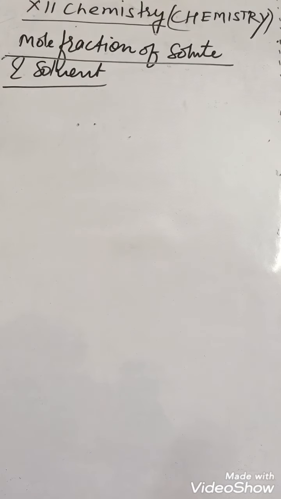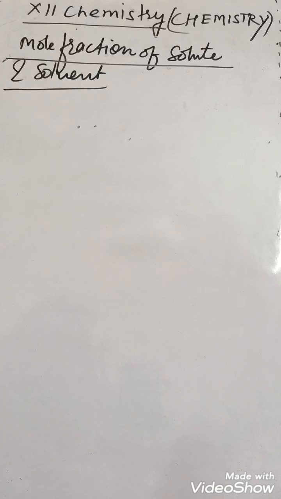and there are two students. One student has 4 rupees, one student has 6 rupees, and the cost of the samosa is, suppose, 10 rupees. So what will be the fraction in the samosa of each student? Okay, so 4 by 10 and 6 by 10, because the contribution of one is 4, the contribution of another is 6, and the total is 10. So the fractions are 4 by 10 and 6 by 10.